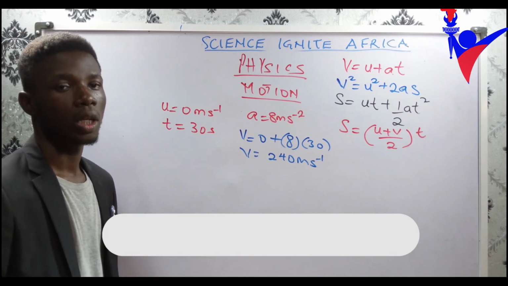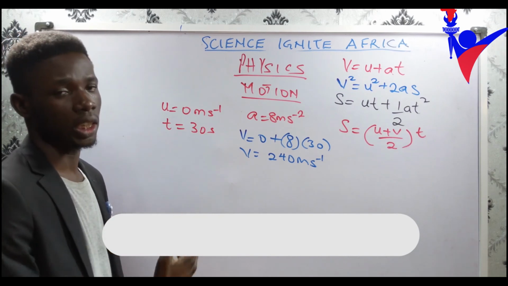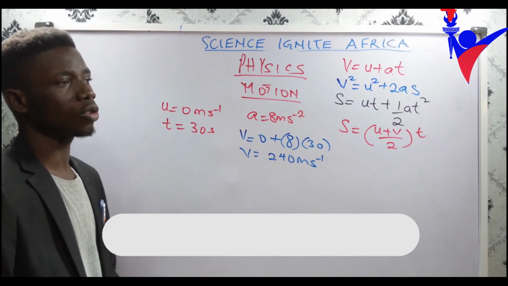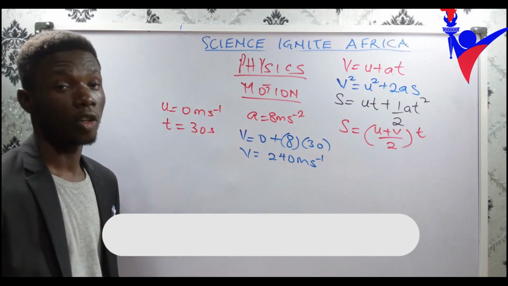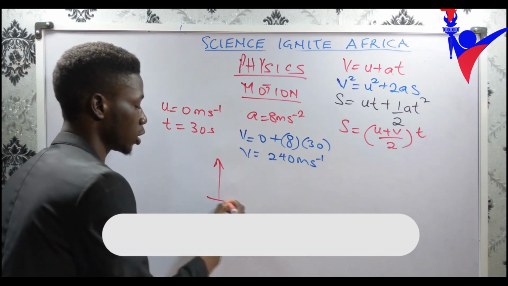Now, from the first thing that the question wants me to do, the question wants me to sketch a velocity time graph. And if I want to sketch a velocity time graph, don't forget velocity is a term that we use in motion. Time also is needed in motion. So I want to sketch a graph, but the graph is titled velocity time graph, which implies that my graph will look